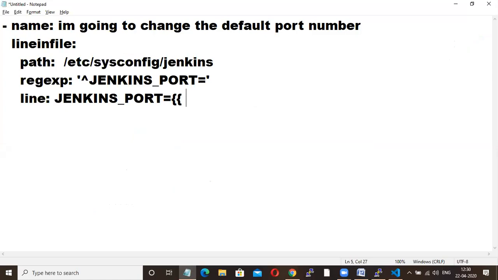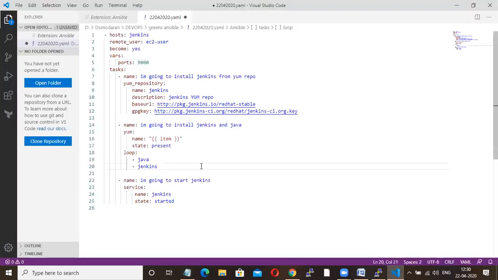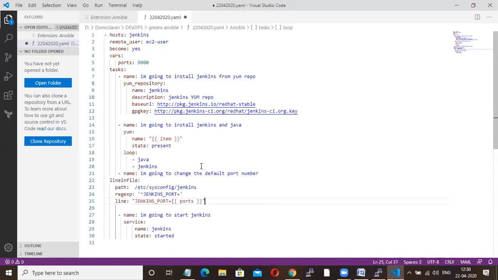So always your variable should be like this, in quotes, then double braces. Okay, so copy this, paste it.